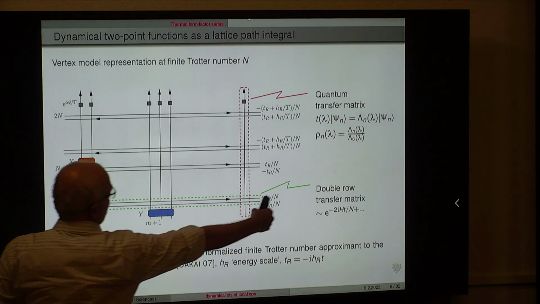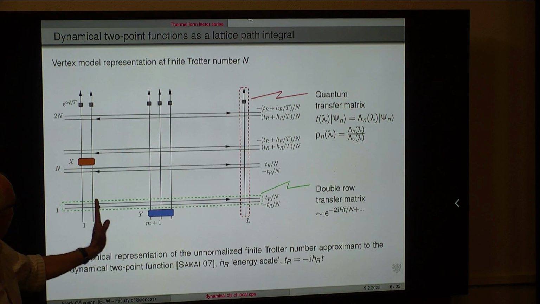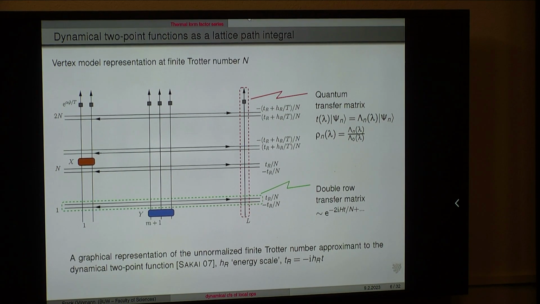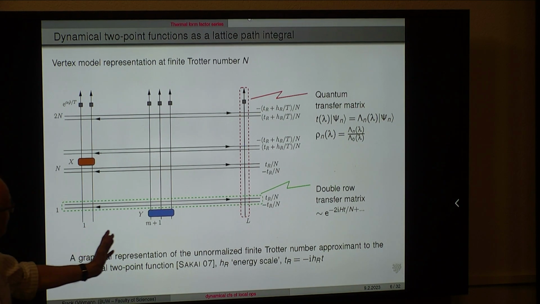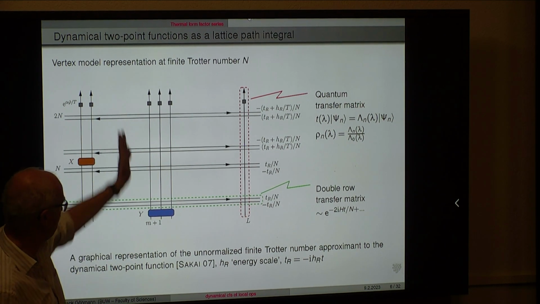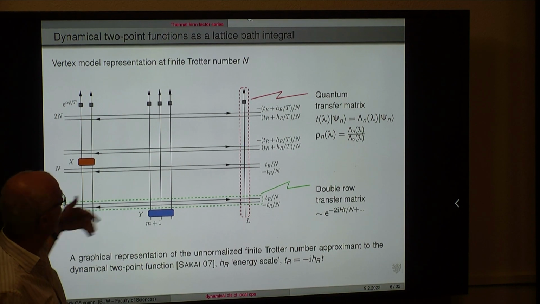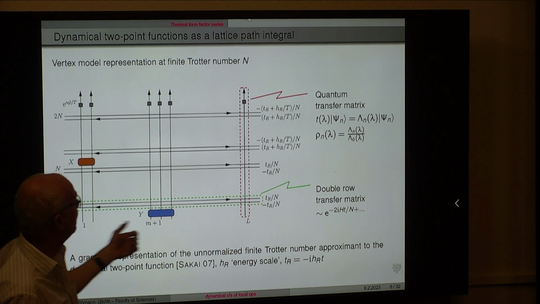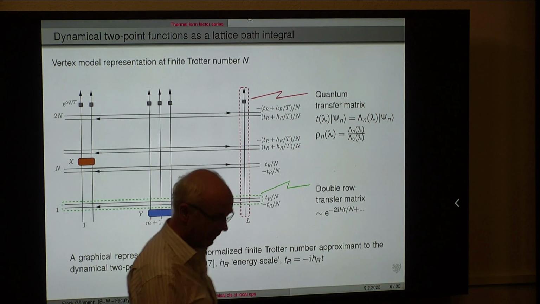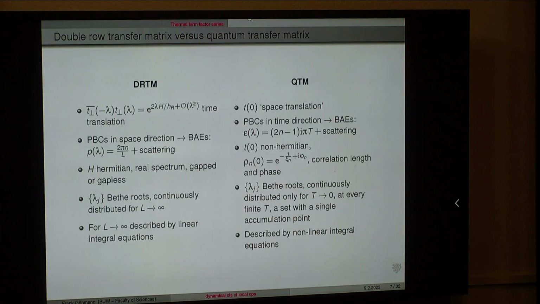Then everything is on the same level here, but we have n additional lines, which is bad because we want to send n to infinity. So in order to deal with this situation, we insert a decomposition of unity here and get an expansion in terms of eigenstates of psi n, right? So if you do that,